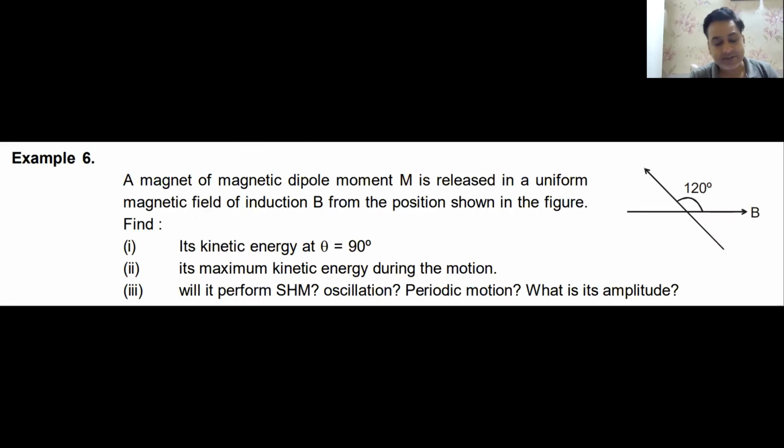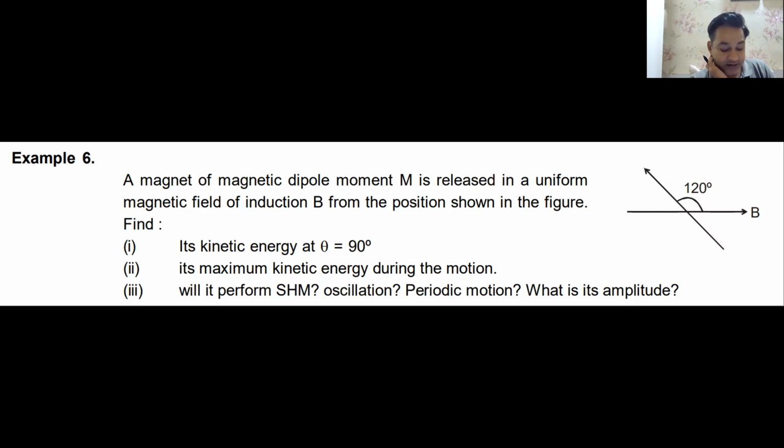Remember, again I am repeating, do not take it as a question on magnet and magnetic field. This is a question of a current carrying coil like this with a magnetic moment like this. Are you getting my point? A current carrying coil put like this and a magnetic dipole moment like this, or an electric dipole put like this in an electric field. A magnetic dipole of moment M is released in a uniform magnetic field of induction B from the position shown in the figure. Find its kinetic energy